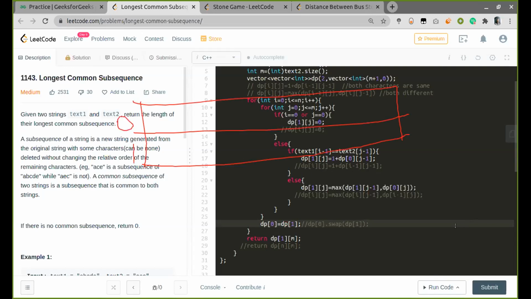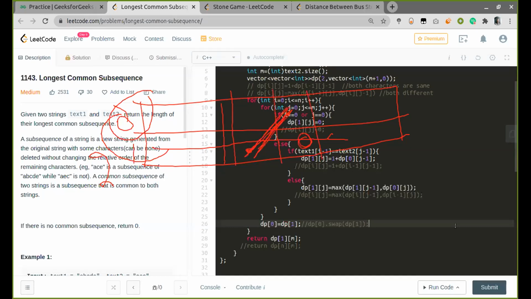I'll just draw the diagram to make it clearer. Once you're done with this, you need to copy this to this, so that this result will be used for the next iteration. So when we are updating, when the elements are not equal, we go to the first row and pick the previous column element. To get this element, you have to take the max of these two.